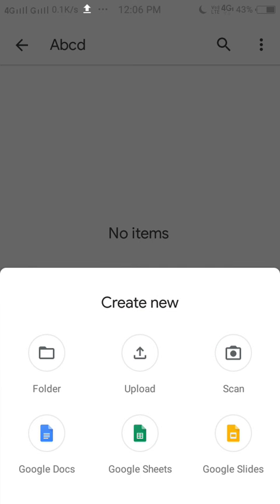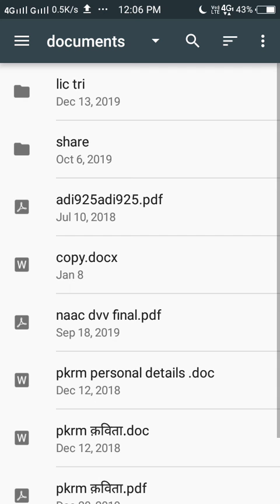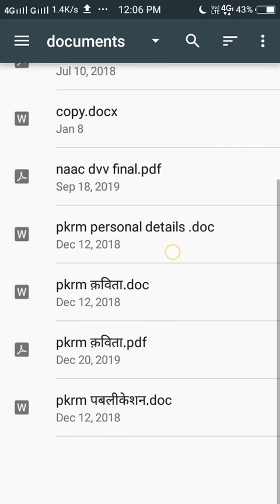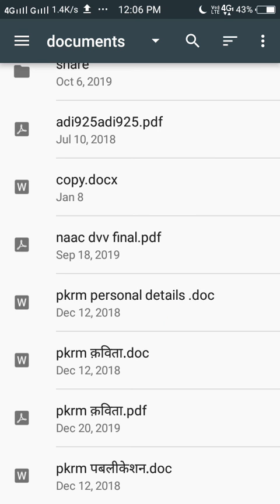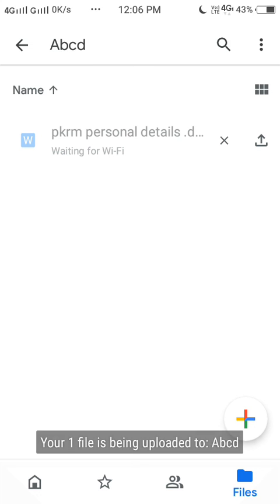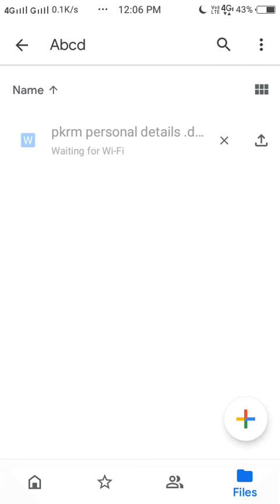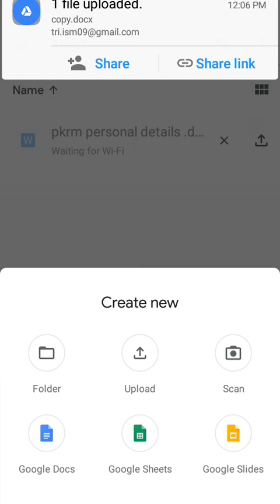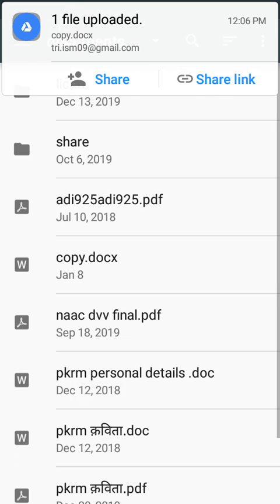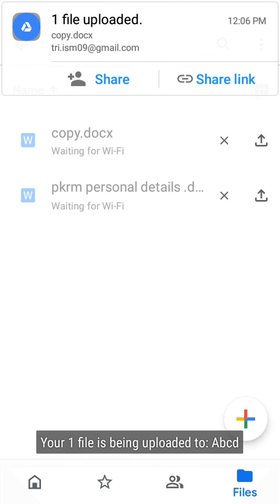When you click the plus sign, again a new page opens. You click on upload. You choose, suppose I want to upload this one. If you want to upload one more file, you choose plus, then upload, then you can choose the file.